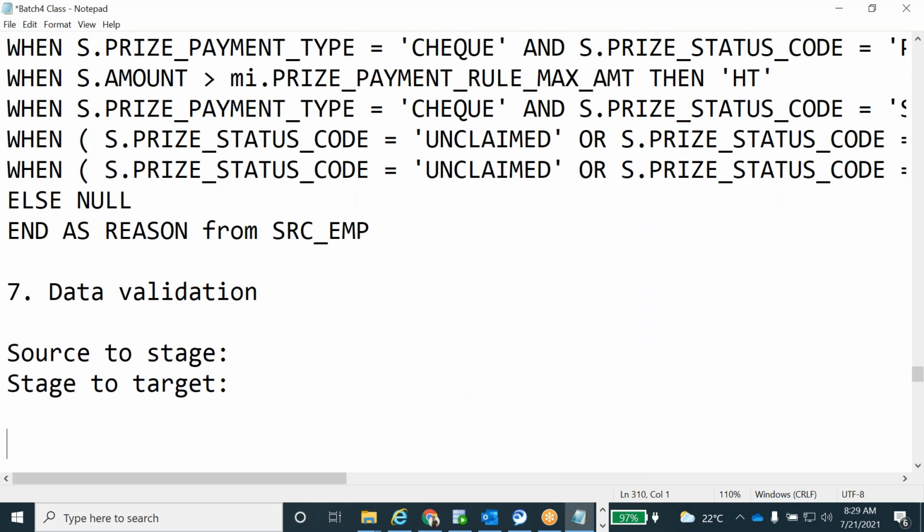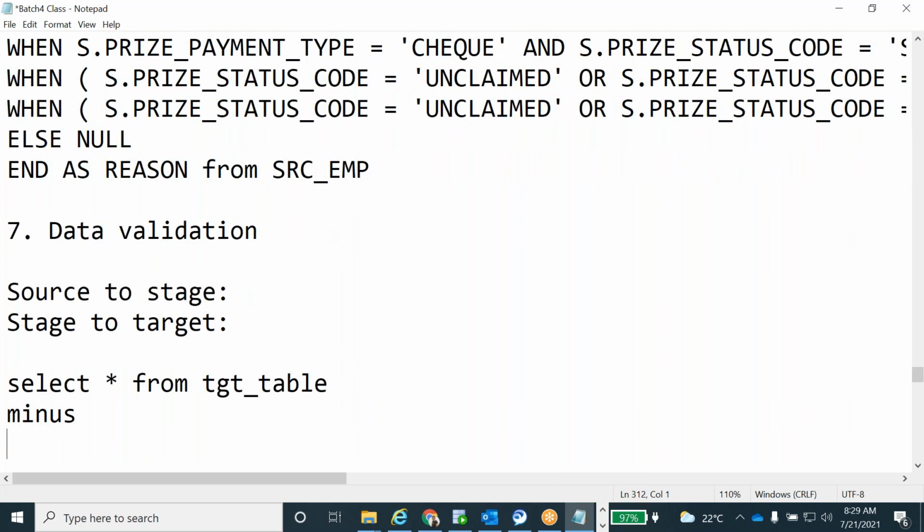Select star from target table minus select star from source table. Guys, here in the source table, you have to give all the logics, whatever the logics are there. All the logics you have to implement in the source query, then only it will match, then only it will